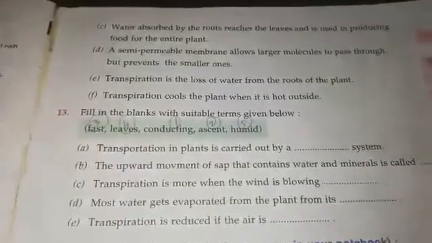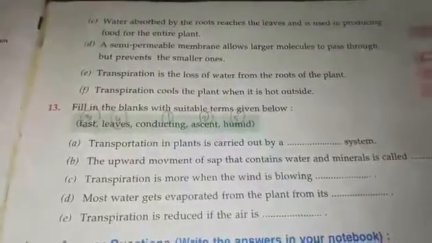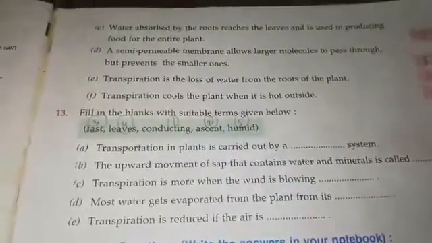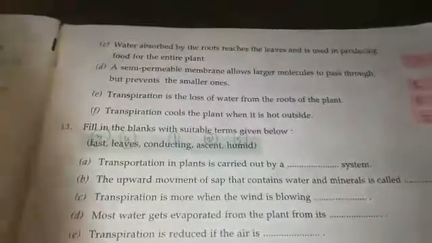So here you are going to copy down this in your book, not in the notebook. In the book itself only you are going to write the answers. In the next video I am going to talk to you about these long answer questions which you have to copy in your notebook. But till question number 13 it should be mentioned only in your book.